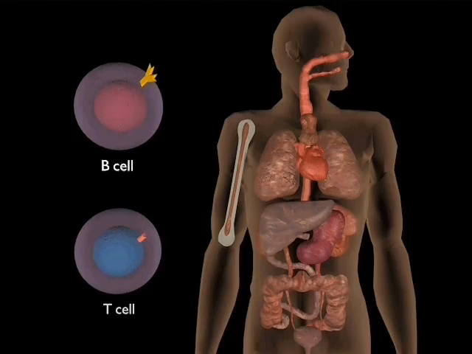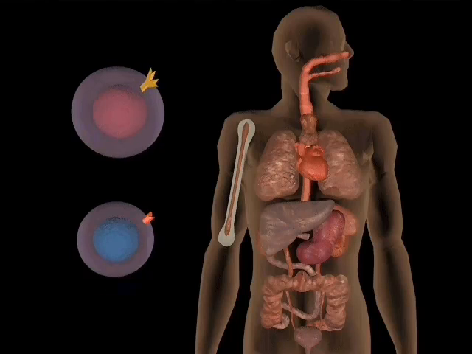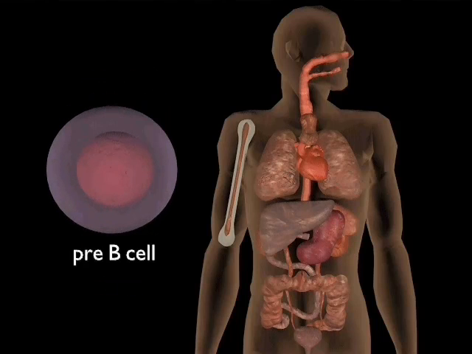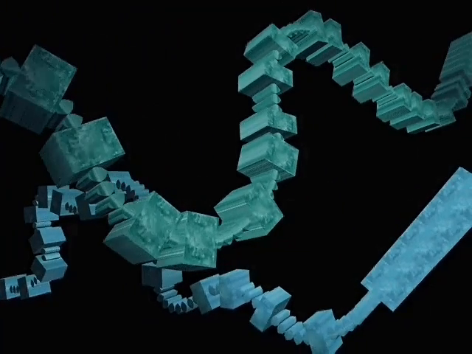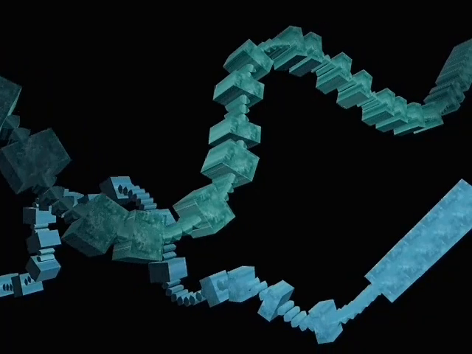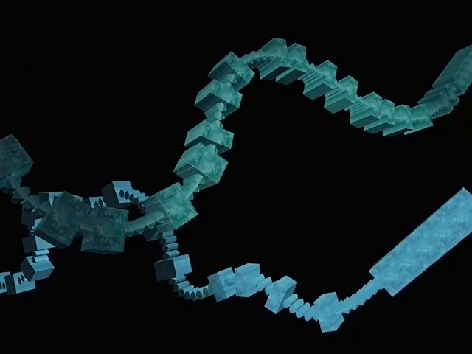T cells mature in the thymus where they generate diverse T cell receptors or TCRs. The process by which immunoglobulin diversity is generated is analogous, although the two molecules are quite distinct. Inside each pre-B cell nucleus, there are sets of genes which encode the protein chains, which combine to form immunoglobulin. A molecule of immunoglobulin consists of two identical heavy chains and two identical light chains joined by disulfide bonds and